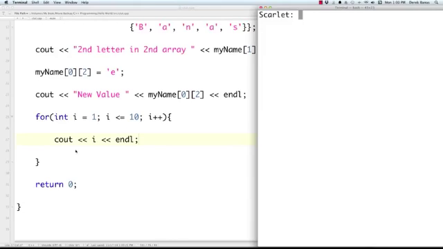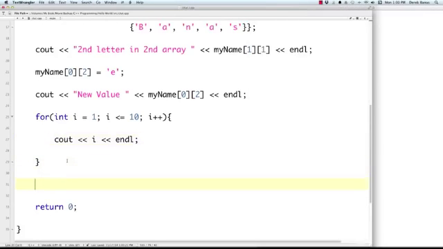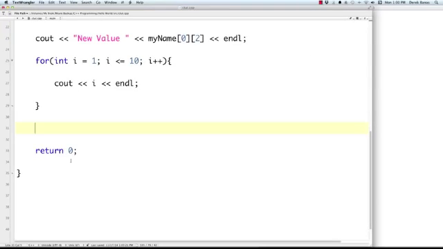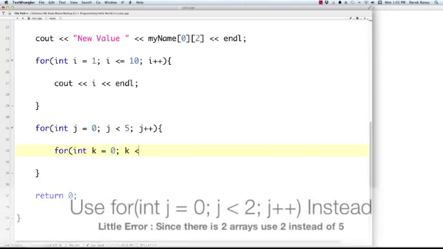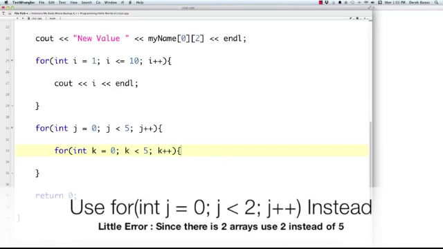Now we could also come in here and use our multi-dimensional array by stacking inner for loops. And we'll just go for, and integer j is equal to 0. We're going to use 0 here because arrays start off with a 0 index. So we're going to say while j is less than 5. We're going to continue to cycle through here, and then inside of here we're going to put another for loop. Let's have this be k is equal to 0, k is less than 5, increment the value of k,